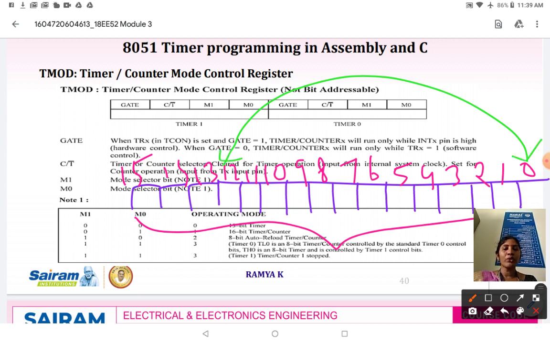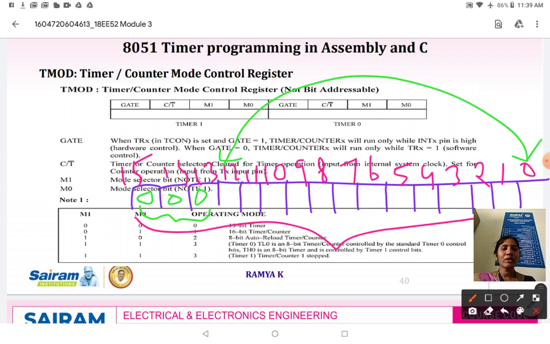So to find out the minimum and maximum count, all these 3 bits are unused. By default it will be 0. In case of your 13-bit timer, to identify your minimum and maximum value, we will be using only the digits from 0 to 12. That is only the 13 bits are used. The other 3 bits are going to be loaded with 0 by default.